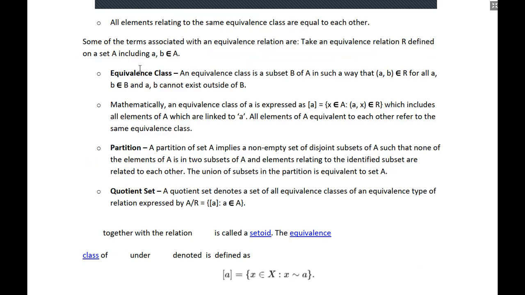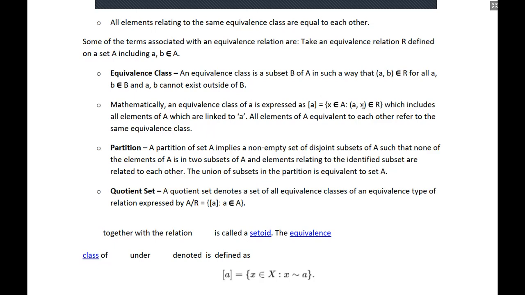Now we define the equivalence class. An equivalence class is a subset of B such that (A,B) belongs to R for all A, B belonging to B, then (A,B) cannot exist outside of B. Mathematically, an equivalence class of an element A of a set is expressed as [A] equal to the set of X belonging to A such that the pair (A,X) belongs to R,